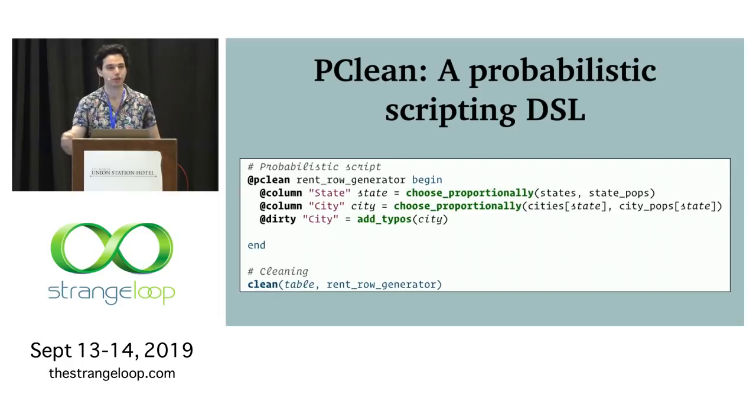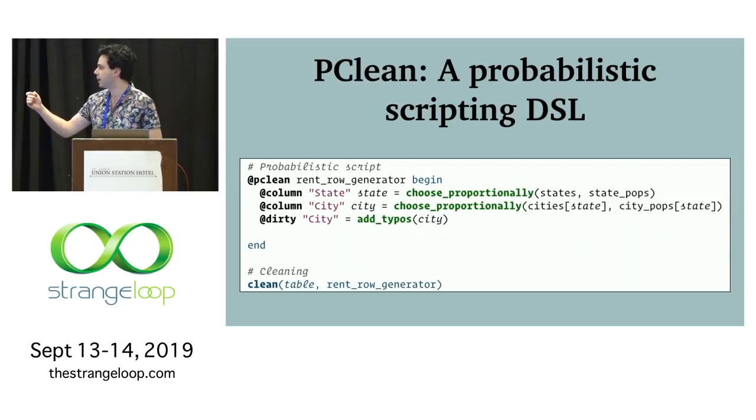There's also this @dirty construct, which says, even though the true city has already been sampled, now I'm going to generate a new value, which is an edited version of that, which represents the way in which it might be unclean. We are assuming that our city might have typos, so we're going to call this add_typos function. Inside that function, it's flipping coins with 10% probability of heads. If it comes up tails, we're done, we leave the city as it is. If it comes up heads, we add a random typo to the city, a random insertion, deletion, or substitution.